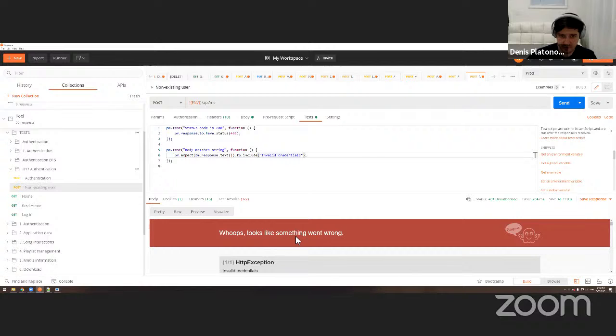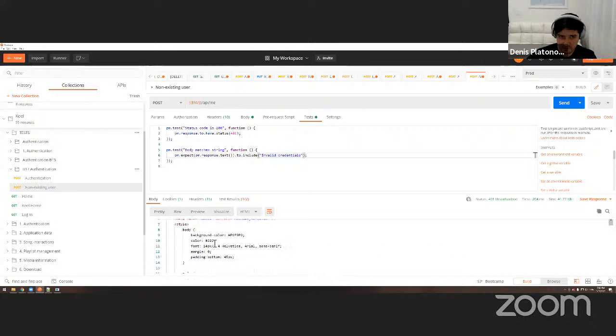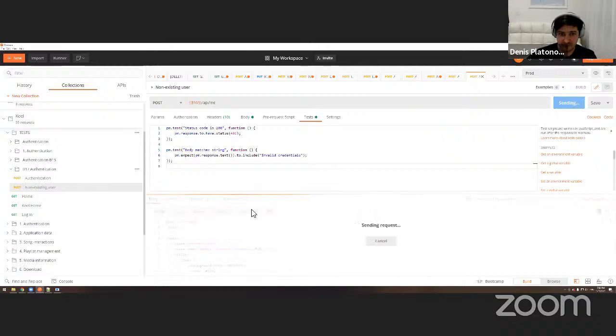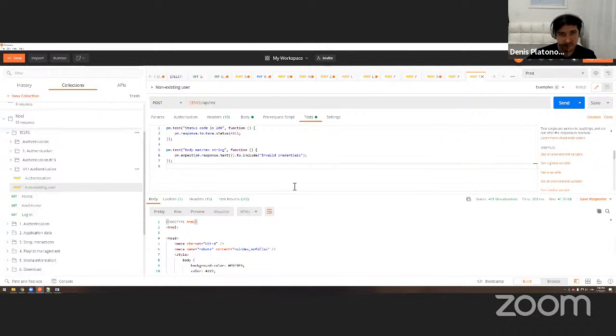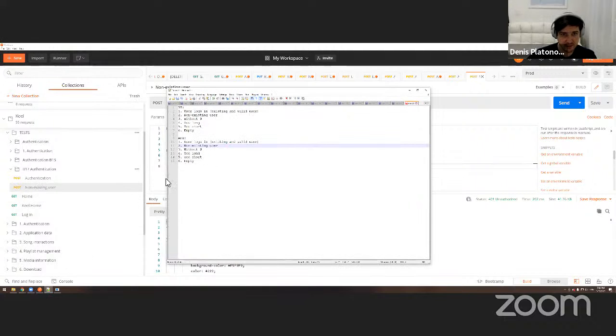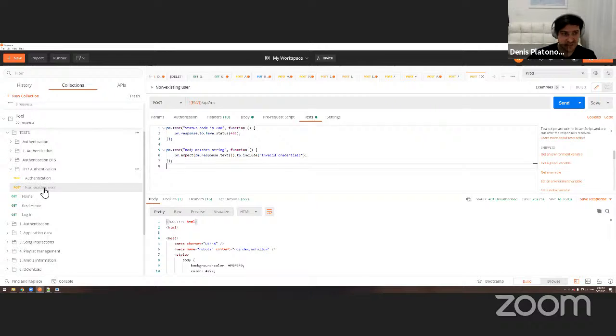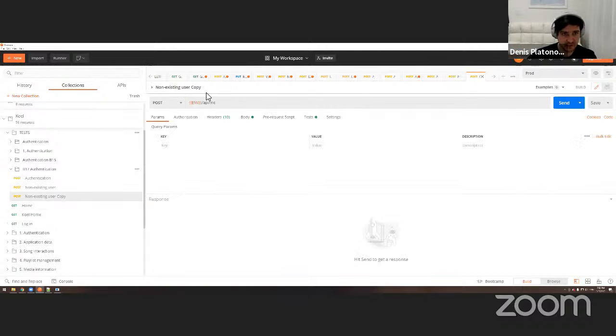So if you click preview, you will see the actual rendered page, which is nicer than this view, right? Which is a lot of text, not user friendly. It's computer friendly, not human friendly. So if we do it like this and run it one more time, boom, shakalaka, another test case passed. How are we going to write the third one? Piece of cake, right? Duplicate, and we say without the at, like this, right?